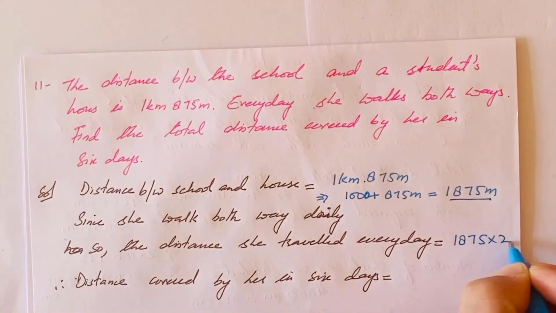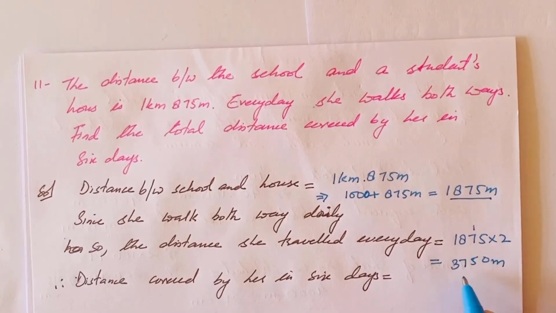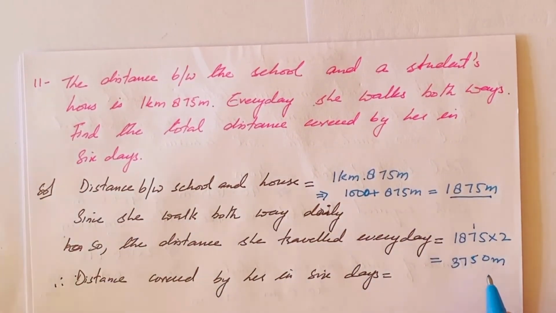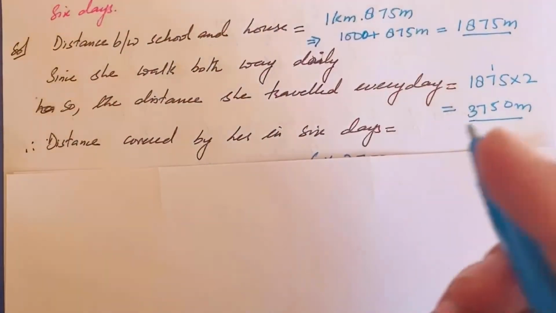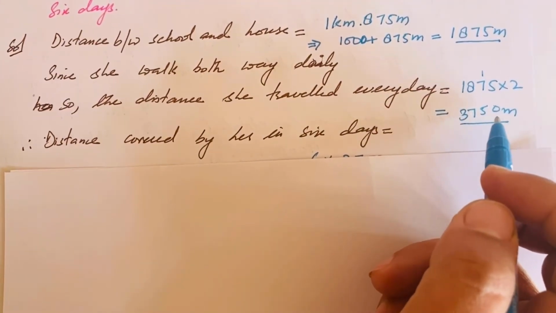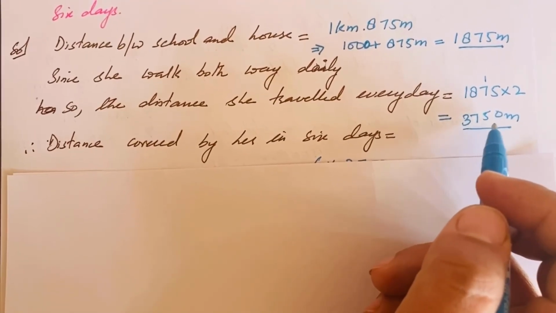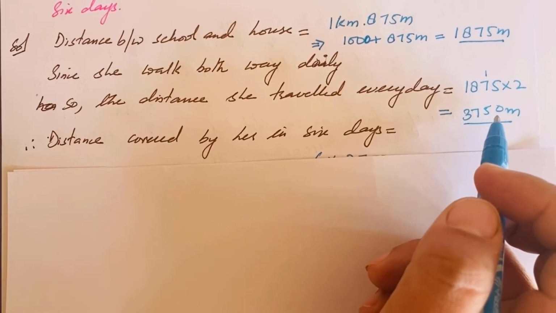1875 into 2. Right? 2 5s are 10. 2 7s are 14, 15. 2 8s are 16, 17. So daily she travels 3750 meter, including both the ways. If she covered this much distance in one day, after traveling both ways, then how much distance did she